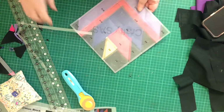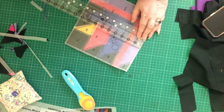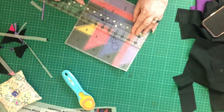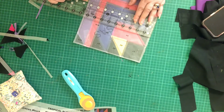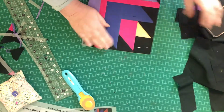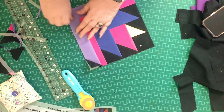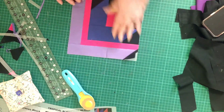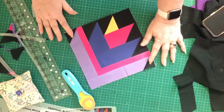I've done it. Right, so I have cut that down to size. Give it a quick measure. 9.5. Okay, so turn it over, get rid of all the dust that I've accumulated. There, and I can take these pins out now. So there is our, full of black lint, but there is our finished